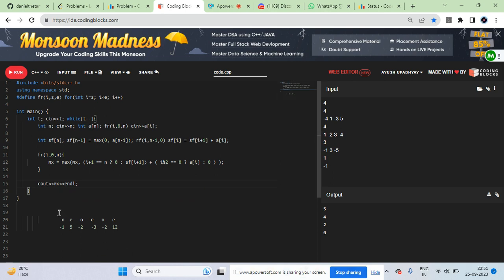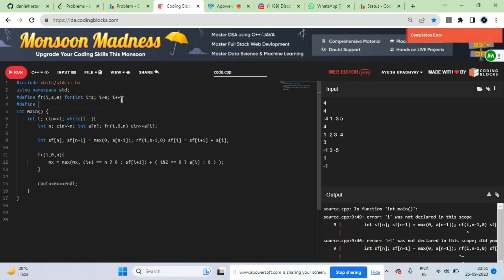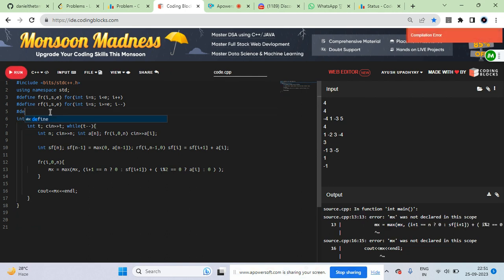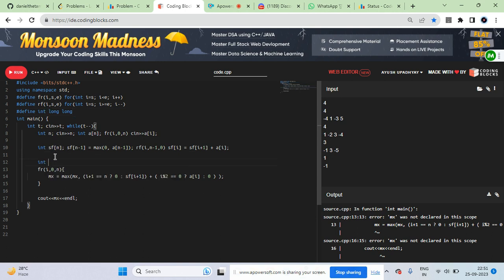ये टेस्ट केस भी इसी के लिखे पड़े हैं जहाँ तक मुझे याद है, तो हाँ चला के देख लेते हैं, रिवर्स फॉर बनाना पड़ेगा, हैशटैग डिफाइन। int main, और लॉन्ग लॉन्ग लेना पड़ेगा क्योंकि कुछ समेशन वगैरह हो रहा है ना यहाँ पे। mx was not defined, mx equal to 0 एंड 0 की जगह 0 ll लिखो भाई,